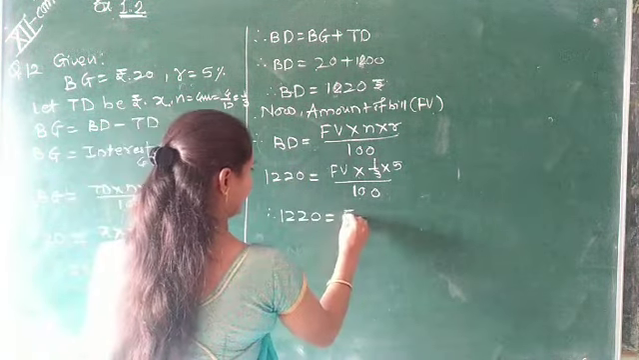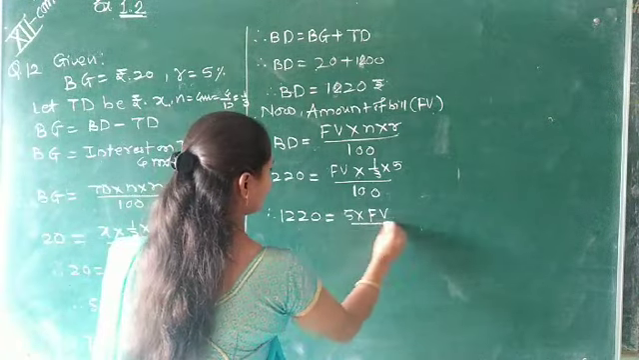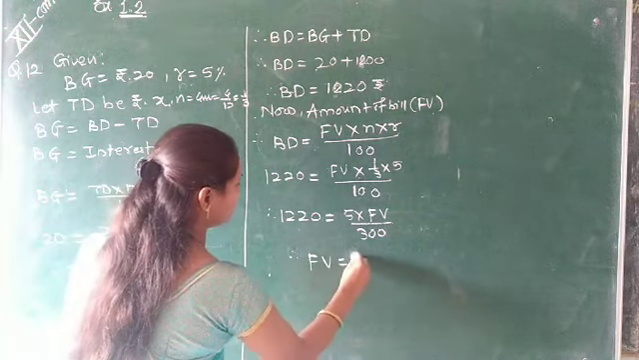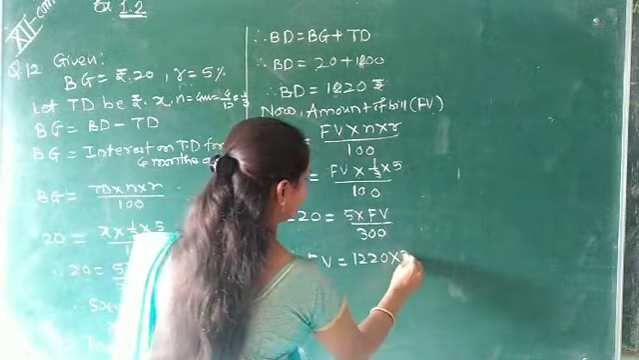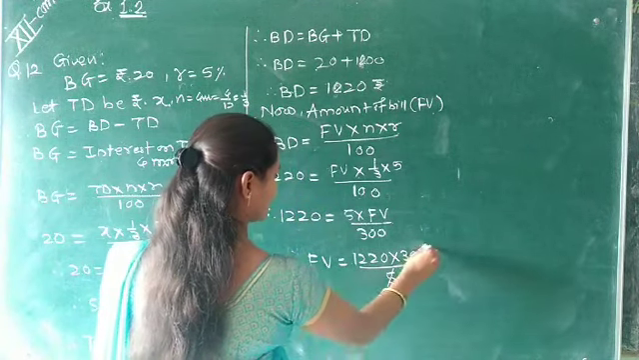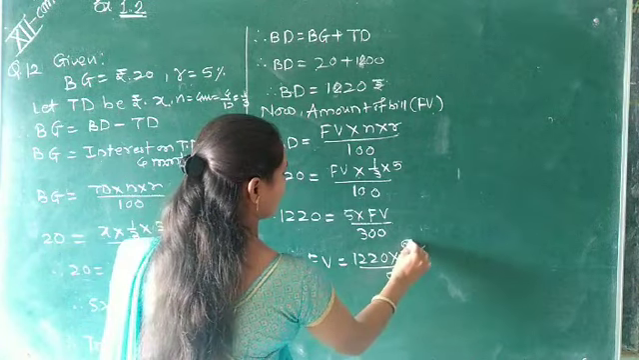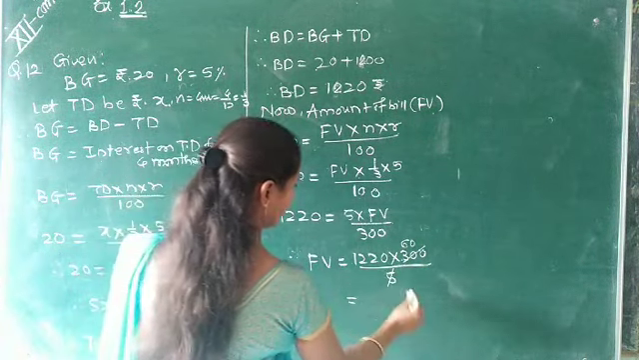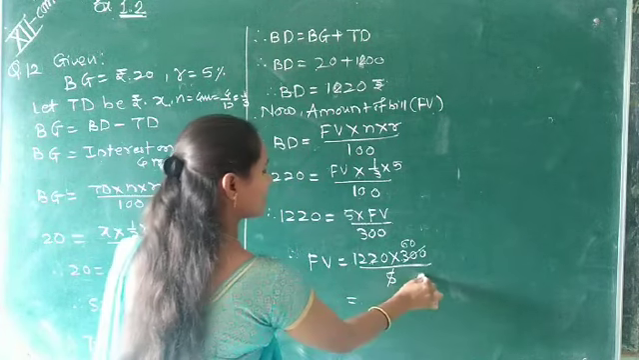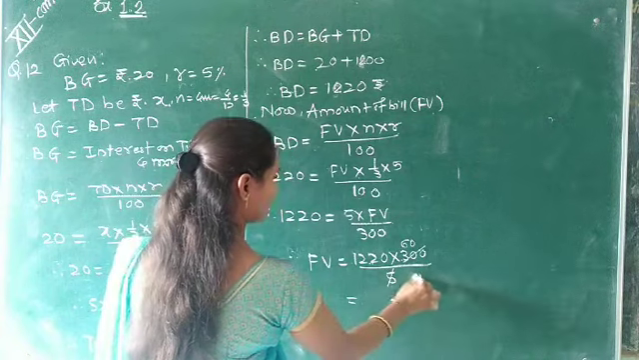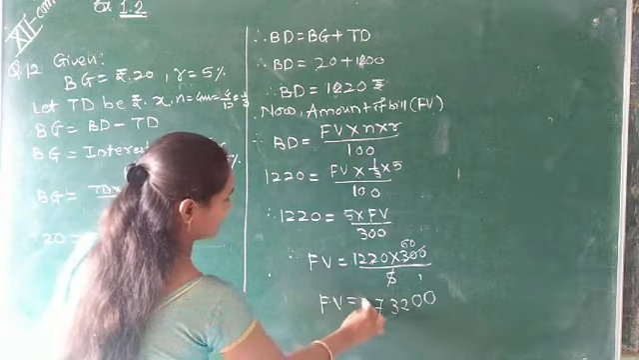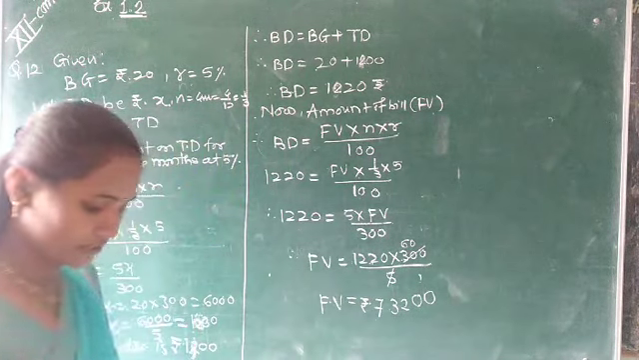1220 is equal to, again, 5 into FP divided by 300. Therefore, face value is equal to 1220 into 300 divided by 5. So 5 6s are 30, and 6 digits as the 0 as it is. 6 2s are 12. Again 6 2s are 12. 12 plus 1 is 13, again carry 1. 6 1s are 6. 6 plus 1 is 7. Therefore, face value is rupees